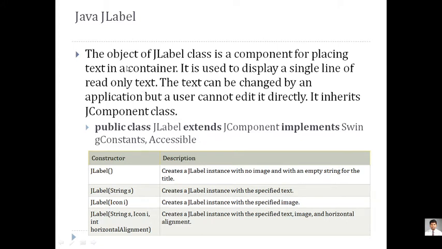Just like a button, there are labels. So we can use a label for giving some message, for displaying some ready-made uneditable text on your screen. For that purpose, label is there. You see that a label can be set. You can set a string to that also. You can set an icon to that also, and you can set its alignment with string and icon also. The class which is being used is nothing but JLabel. We'll go into the example in detail, but the overview will be given first.